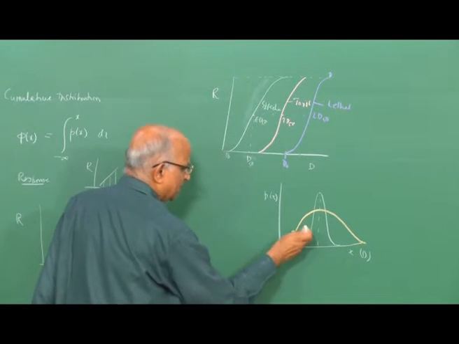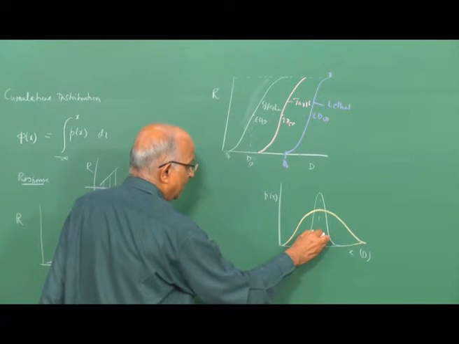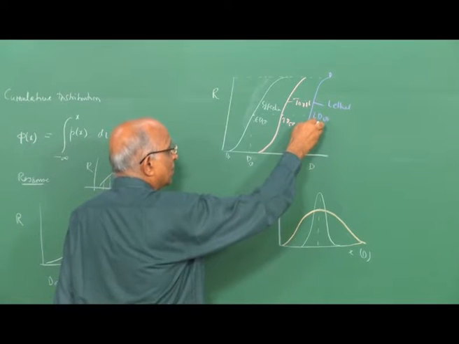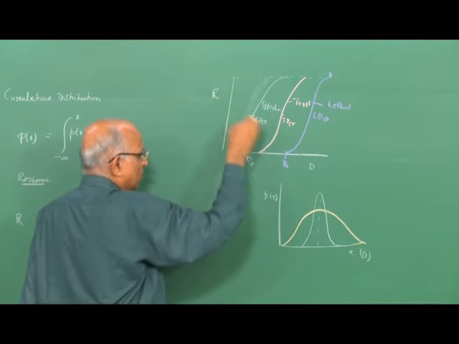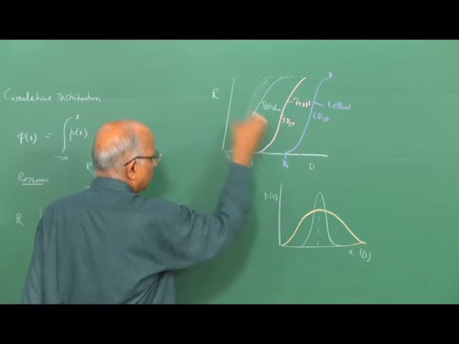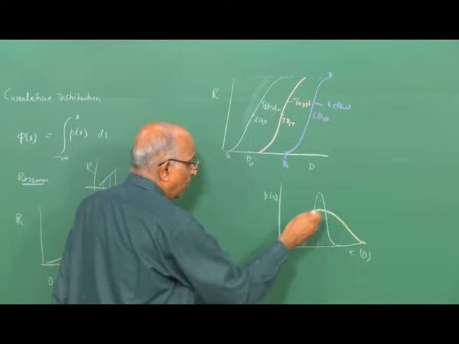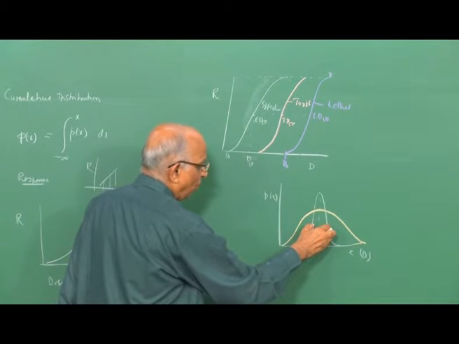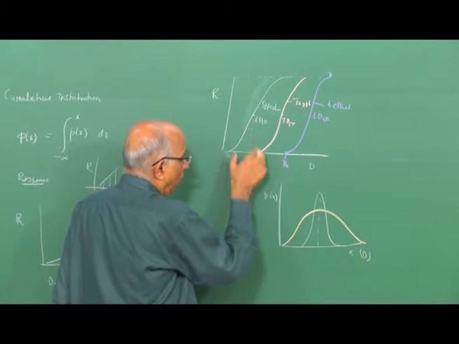Well, in this case, maybe the standard deviation is larger. In this case, the standard deviation is smaller. Therefore, whenever we talk of high values and a small range over which the entire dosage affects the response, we are interested in the response versus the dose response curves. In this case also the area under both the curves is unity, but in this case it is much more peaked over here. That means a small range of high dosage causes the lethal effect,